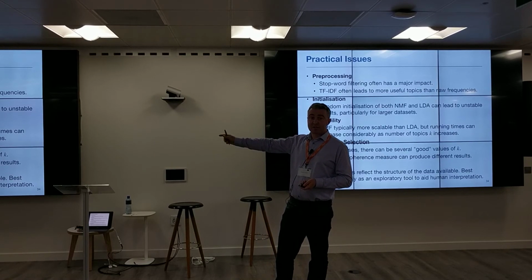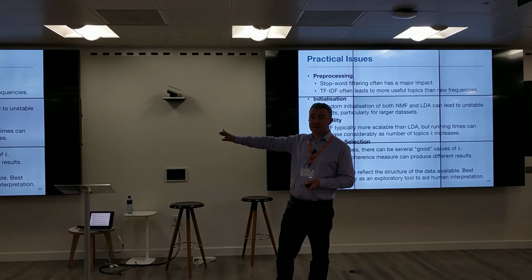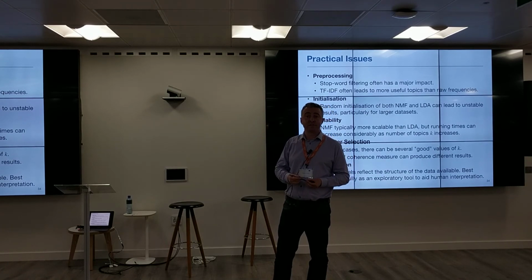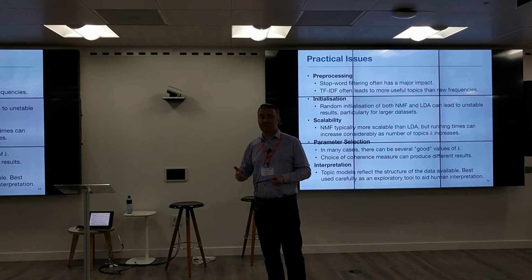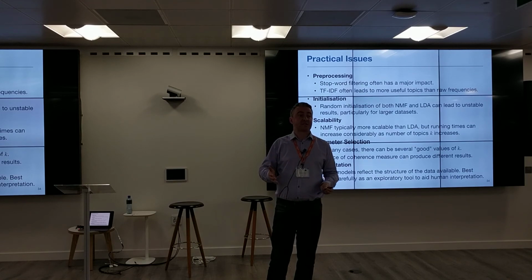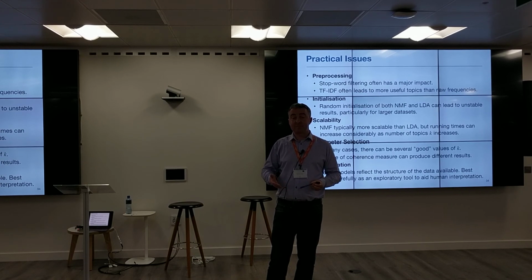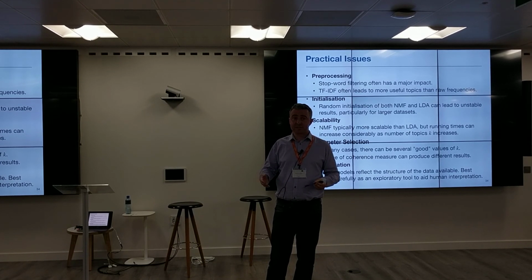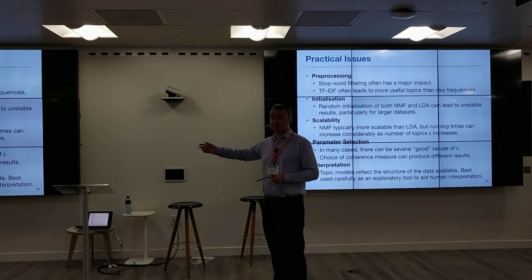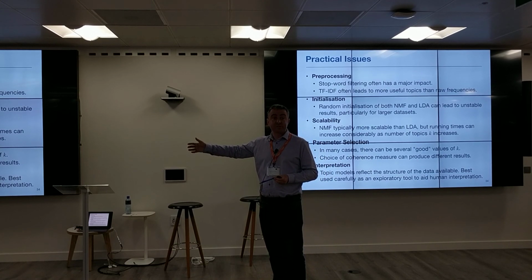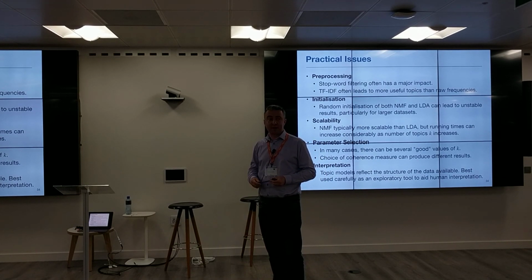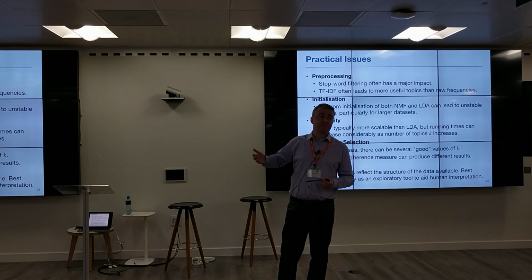Just in relation to the graph I showed on the previous page, like I said, there are potentially several good values of k. People tend to be a little bit obsessed about trying to find the exact correct number of topics. In fact, there might be several different topic models that you can produce on the same data that tell you different interesting things. And again, the choice of measure that you use to choose k could give you different results as well. Because of course this is an unsupervised process,